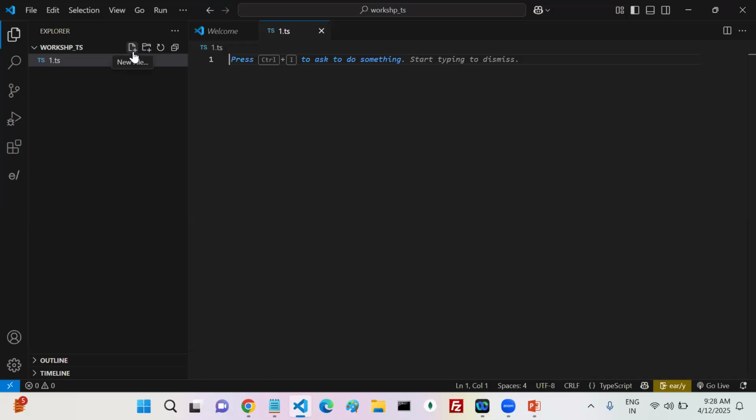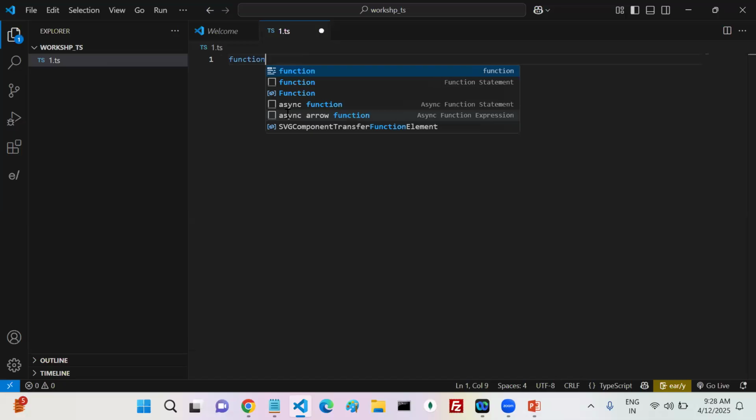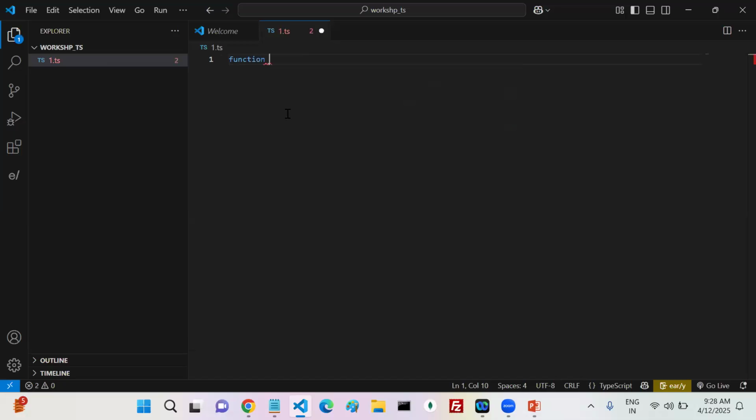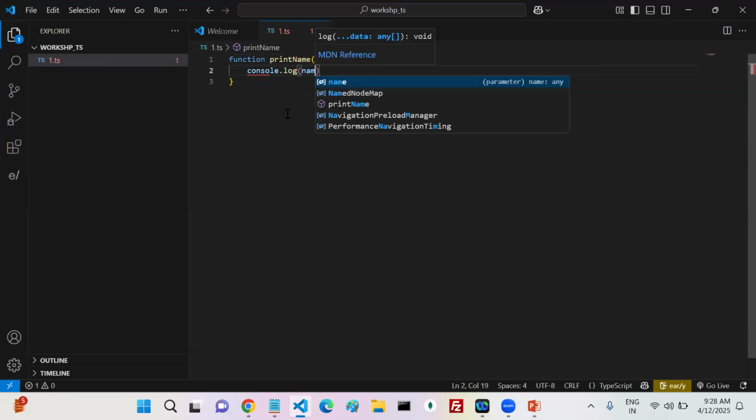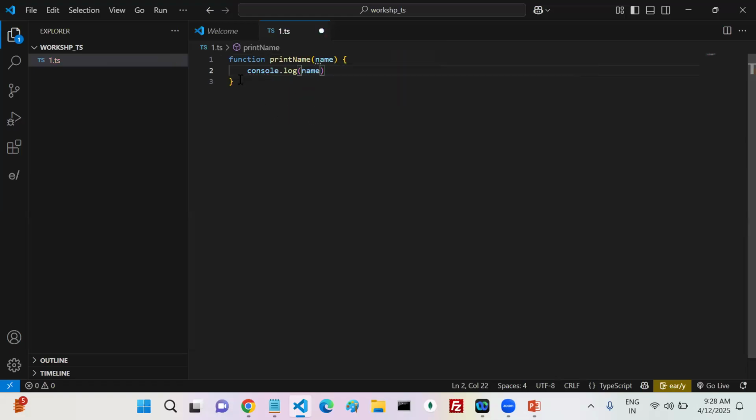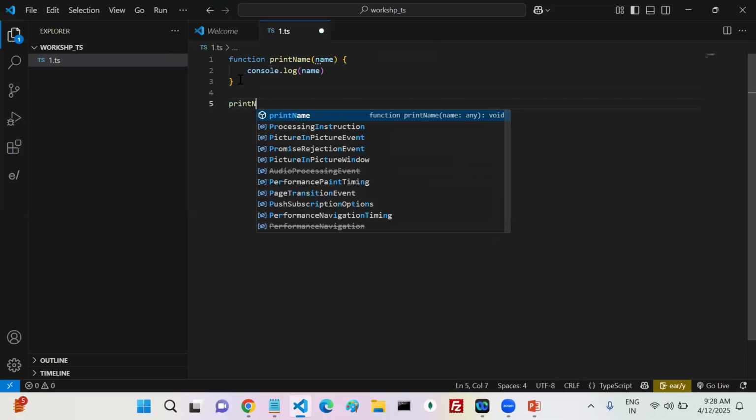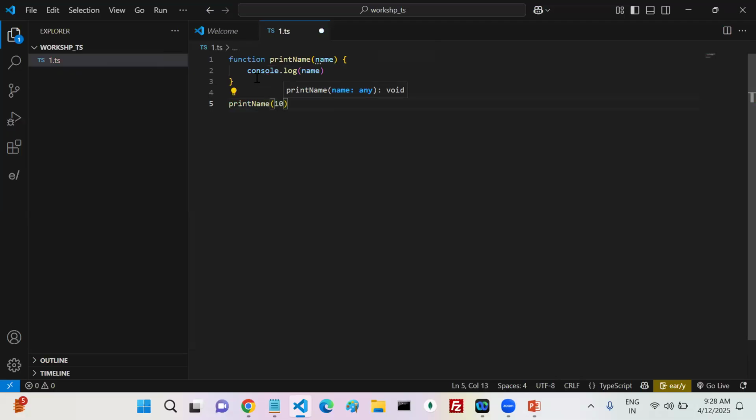Now here, can I write a function printName, console.log of name. Here if I write printName of 10, now see, is it TypeScript code or JavaScript code?